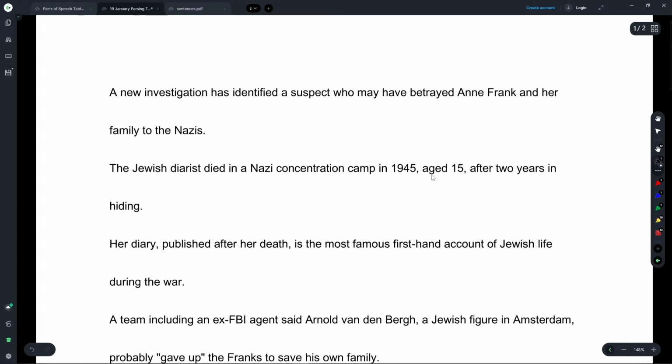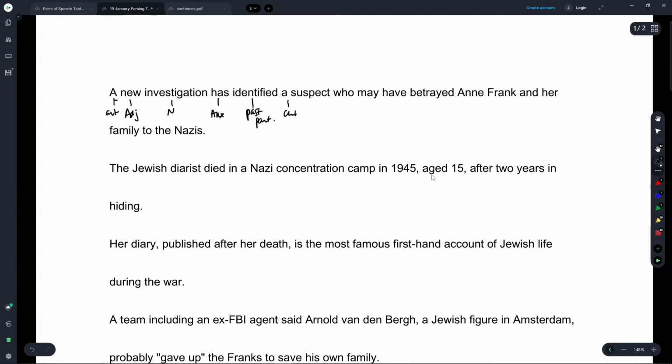We have a, which is an article, new, adjective, investigation, noun, has identified. Well, as a bonus, let me say that this is present perfect. And for those of you interested, why do we use present perfect? Well, we use present perfect here because we have news. And remember, we use news for present perfect. So has is our auxiliary verb, identified, past participle,